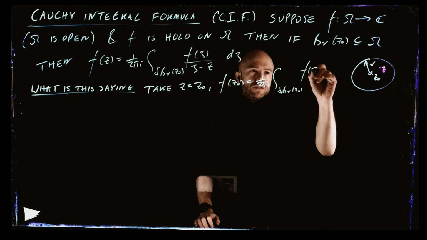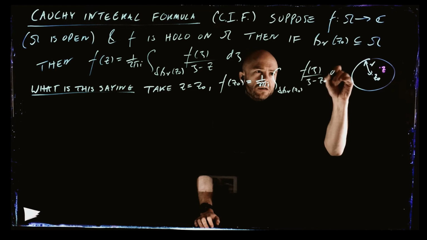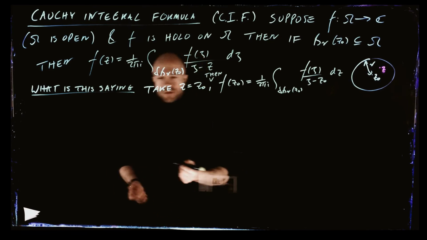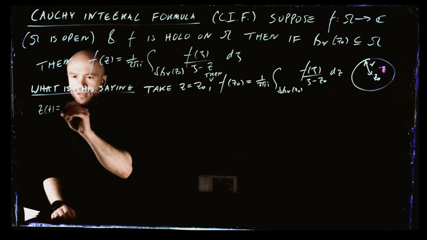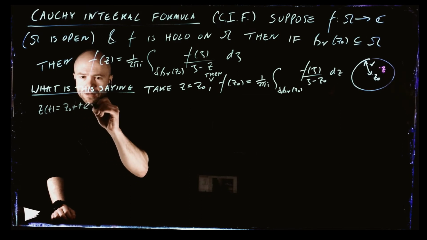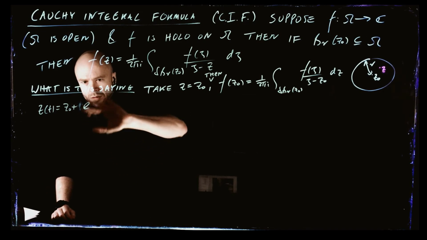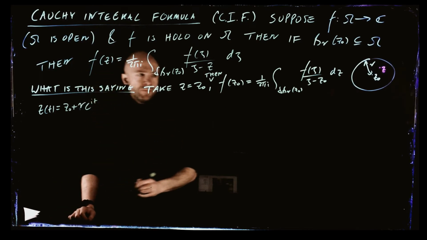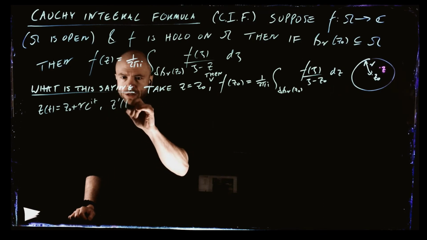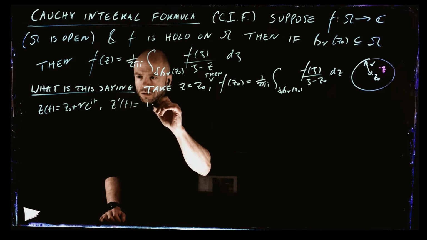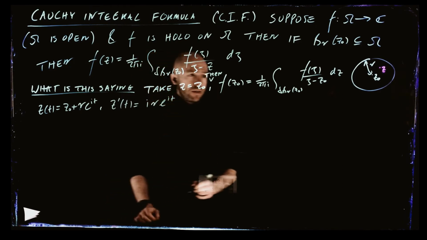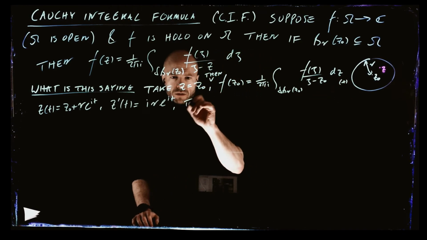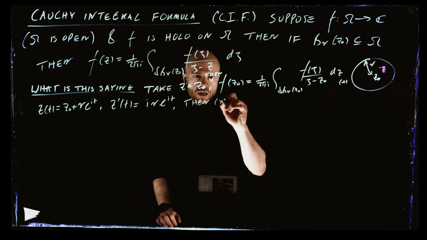f of zeta minus z0. Okay, and let's put a parameterization in. So let's take z of t equals z0 plus r e to the it. Then z prime of t is equal to i r e to the it, like this. And then what does this formula say? Star. Then star says